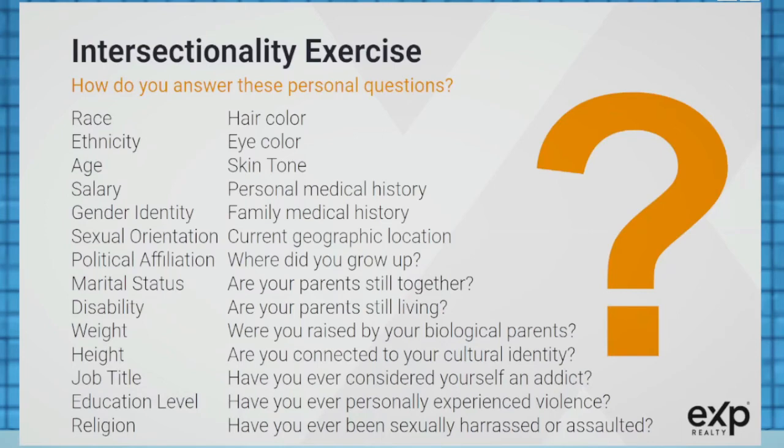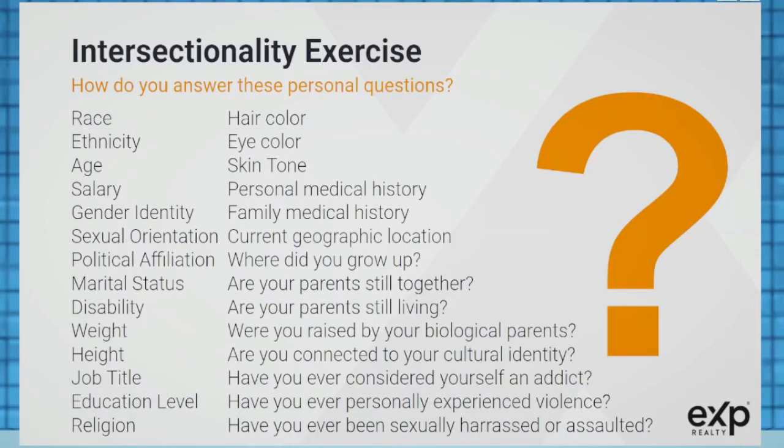So, what's your race? What's your ethnicity? Where do your people come from? What's your age? What about your salary? How do you identify with your gender? What's your sexual orientation? What's your political affiliation? What about your marital status? What about your level of ableness? How about your weight, your height,